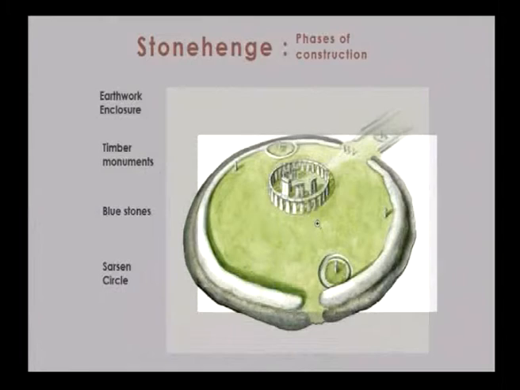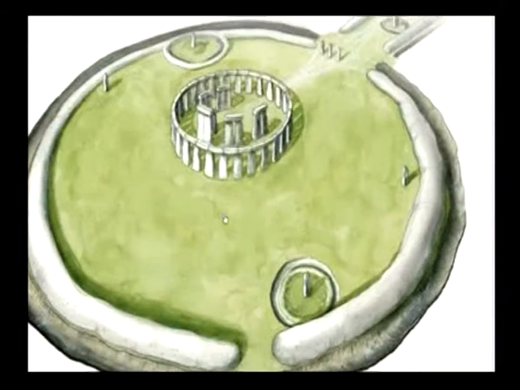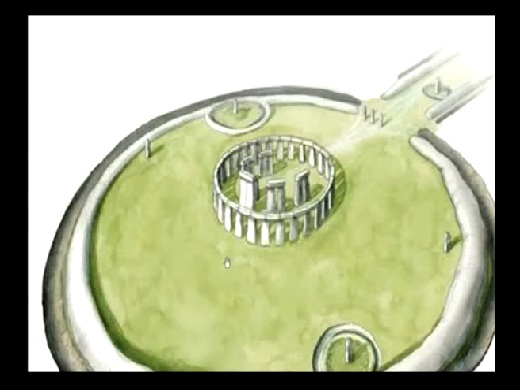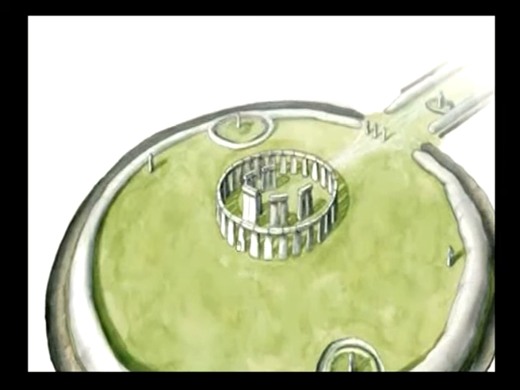Stonehenge got its iconic form with the creation of the 16 feet high Sarsen Circle. The Sarsen Circle is made of stones quarried from Sarsen. 30 worked stones topped by lintel, with a horseshoe configuration inside. You can see the outer circle was made of 30 stones topped with lintel.